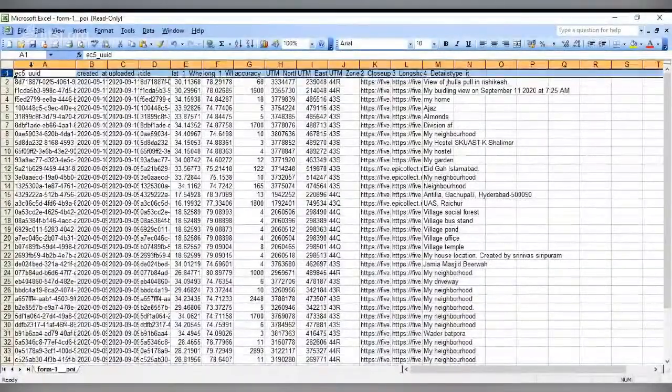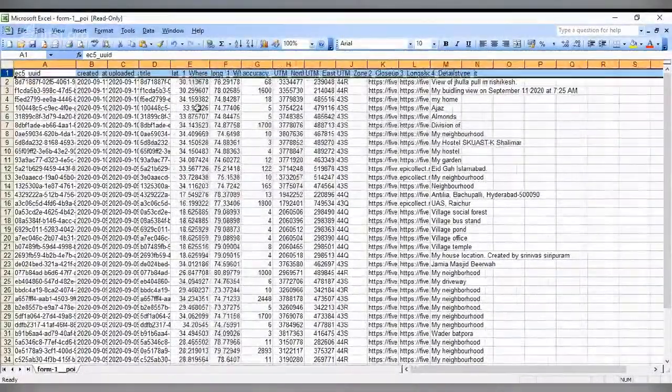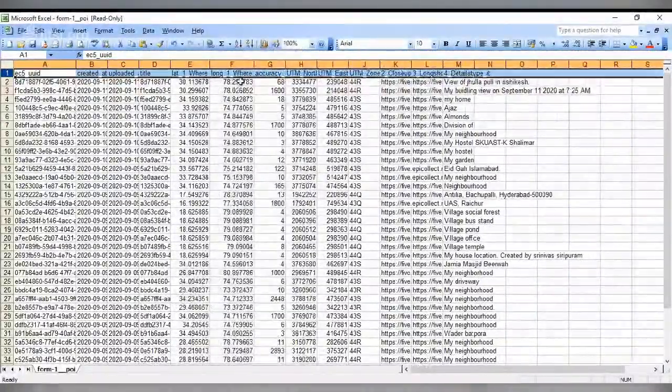You have the ID generated from the EpiCollect server, created and uploaded dates, etc., and title. And the most important are the coordinates, latitude and longitude. Automatically from your mobile GPS, the XY coordinates, latitude and longitude.